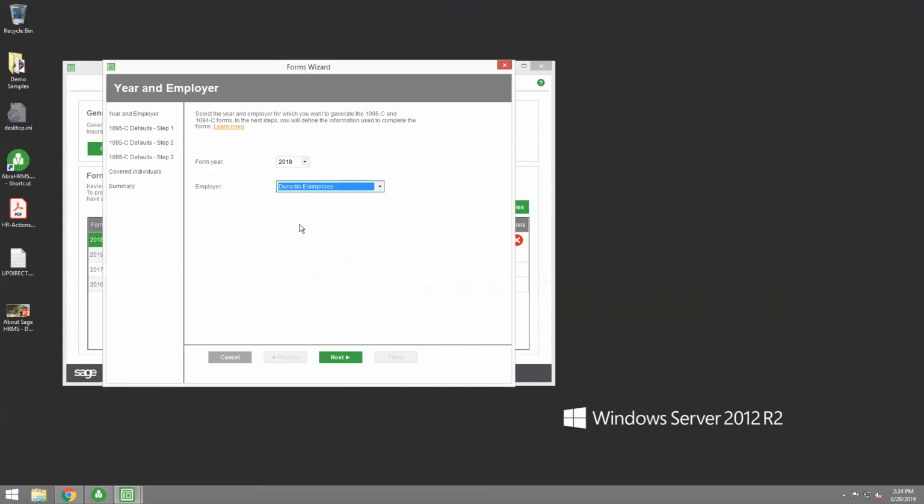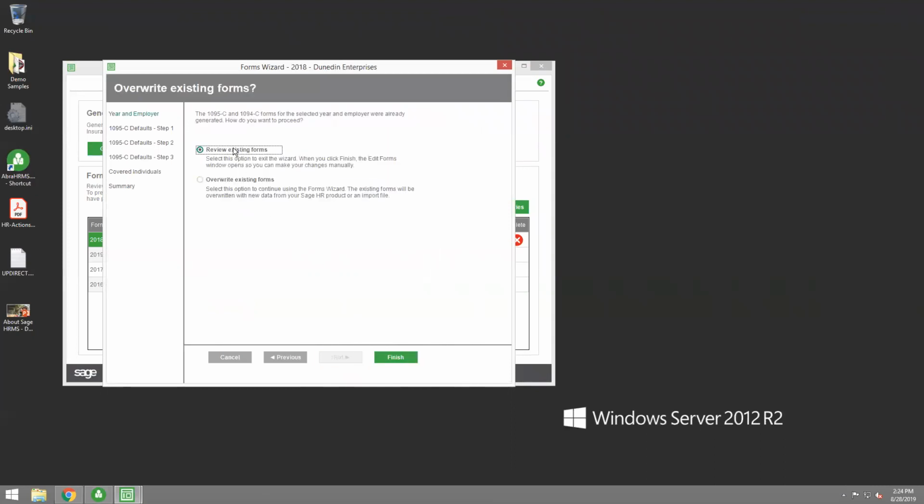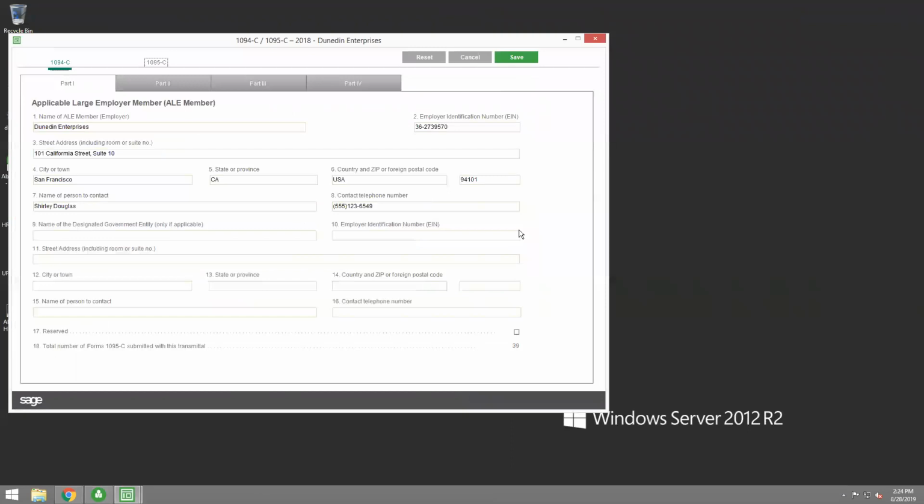Also, too, any of your EINs that are set up in the database, you'll have that available here in your dropdown. Because we all know that that's how the federal government wants it, by EIN for the reporting for the 1095s. But as you see, it is wizard-driven. I can come and review. I can overwrite forms. But just to give you an idea of what it looks like, we have the 1094C,